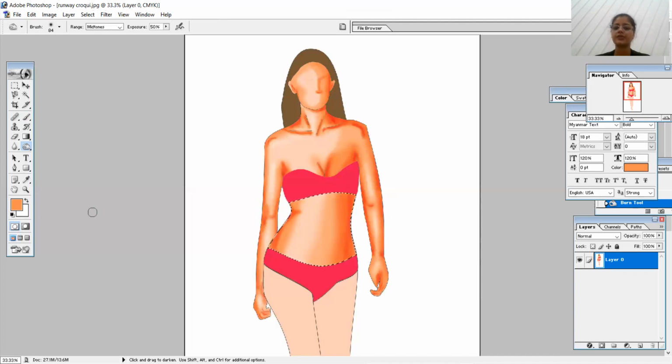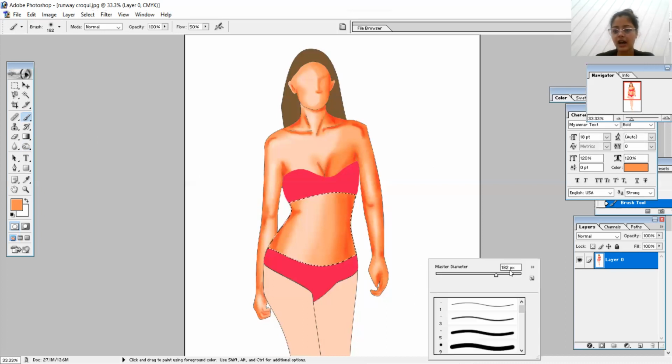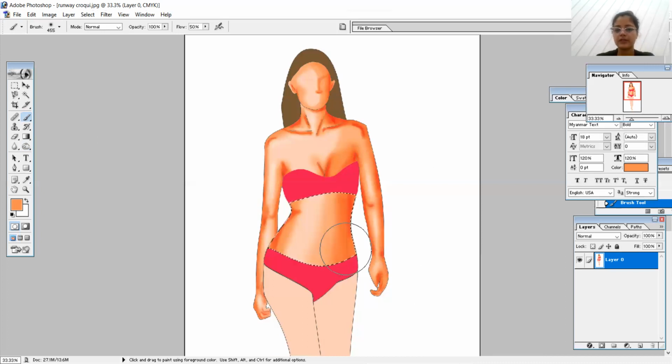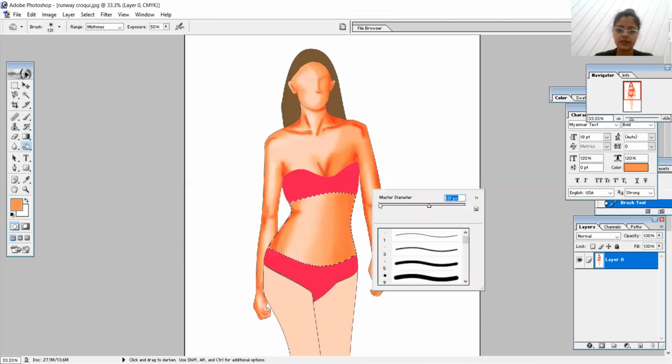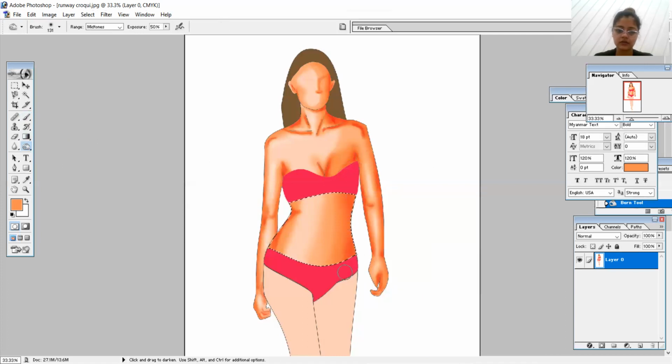All right. Sometimes what happens is the shade becomes very dark. So how to manage it? How to manipulate it? Increase the radius and apply on an area wherever you want to reduce the darkness. So apply over there. But here we don't want much, so let's increase the radius again and put this on dark. Yeah, this much is good.